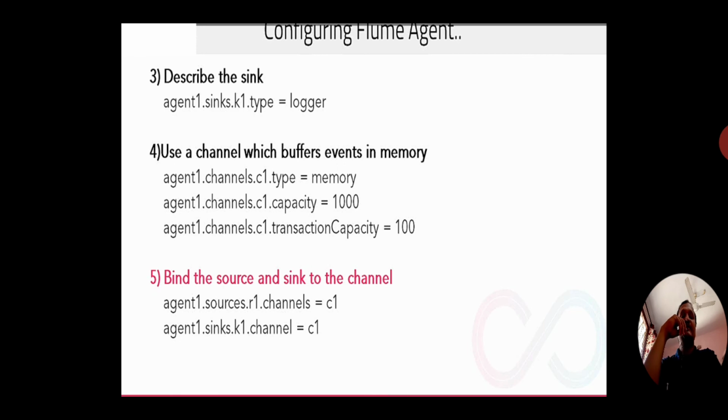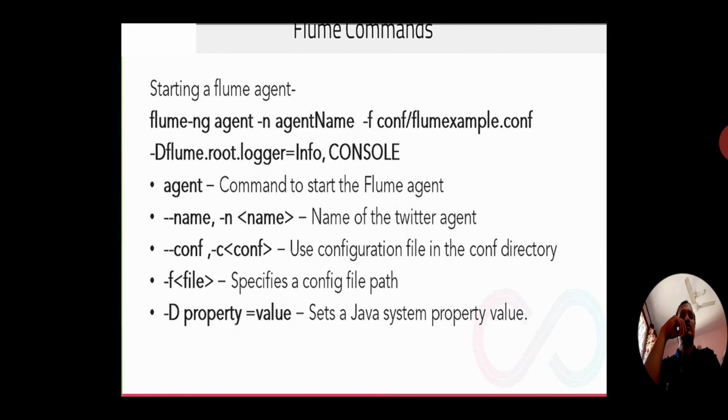So we are binding the channel and sink with the source. Bind the source and sink to the channel. So now channel c1 and the source of agent 1: the channel is bound to the agent 1 source, and the sink and channel are bound with agent 1. So after binding this Flume agent,